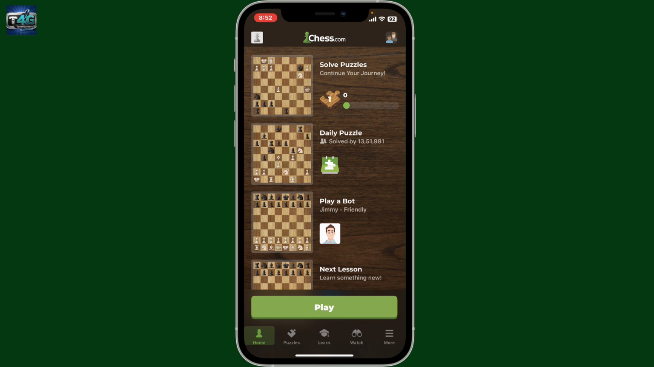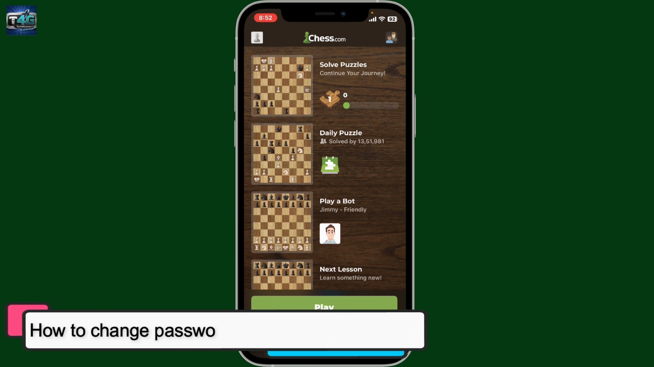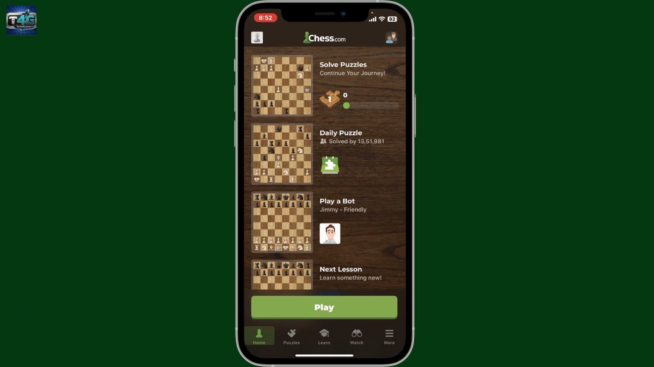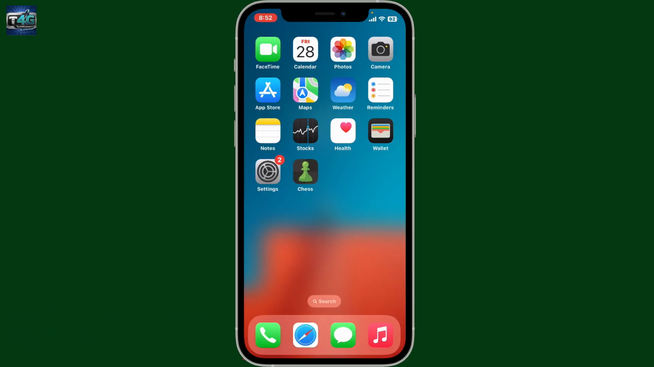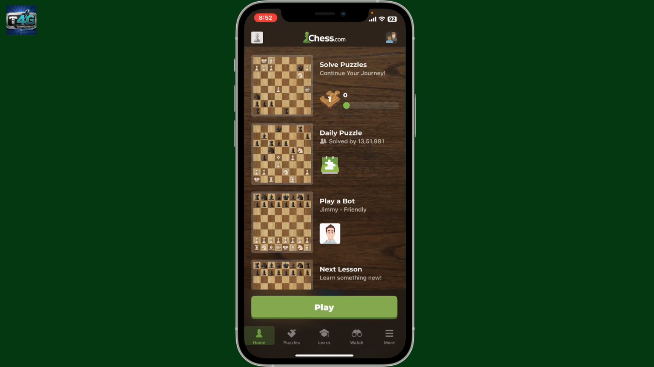In today's video, I'm going to show you how to change your password on the Chess application using your mobile device. So let's get started. First of all, go ahead and open the Chess application on your mobile device and